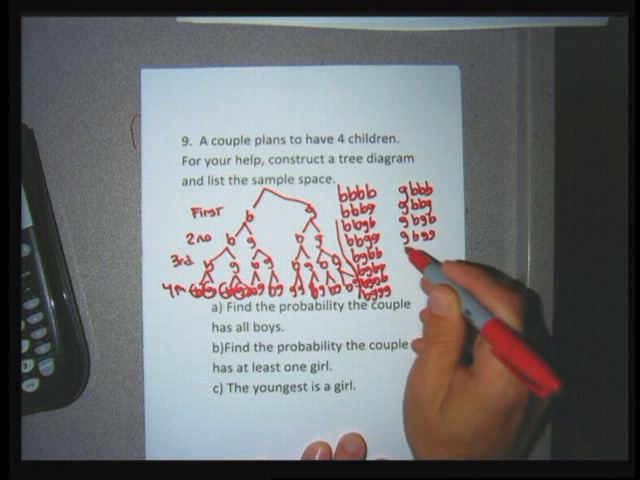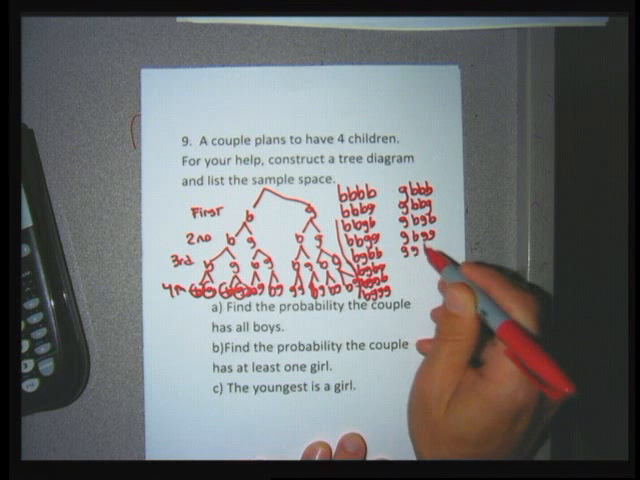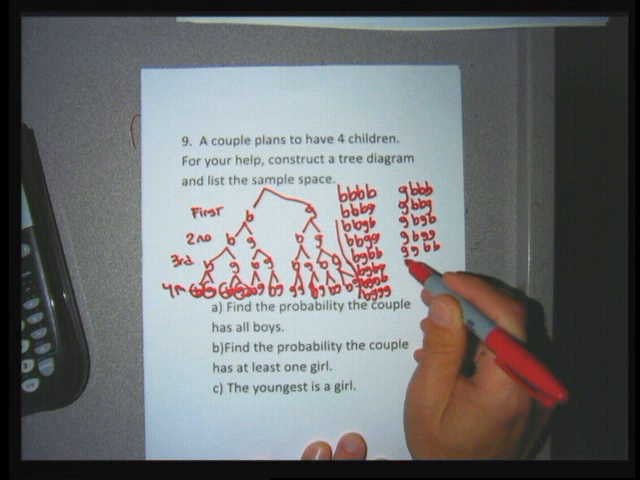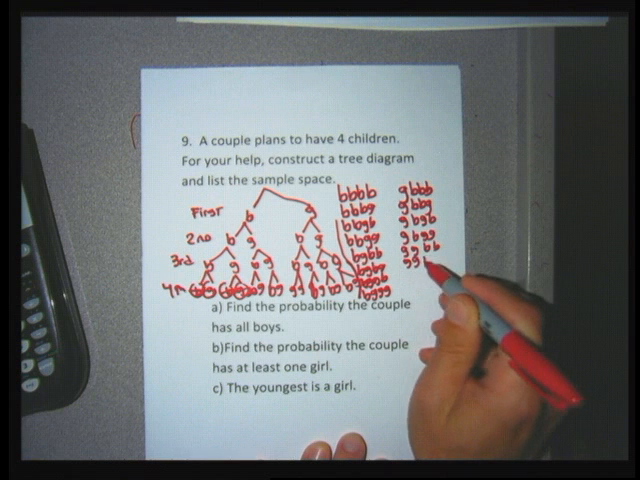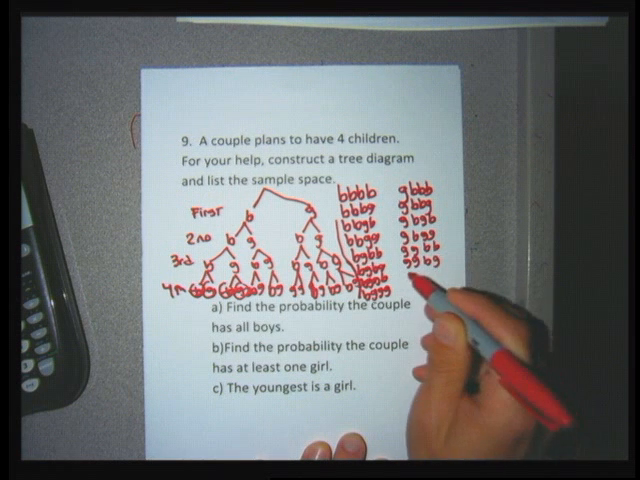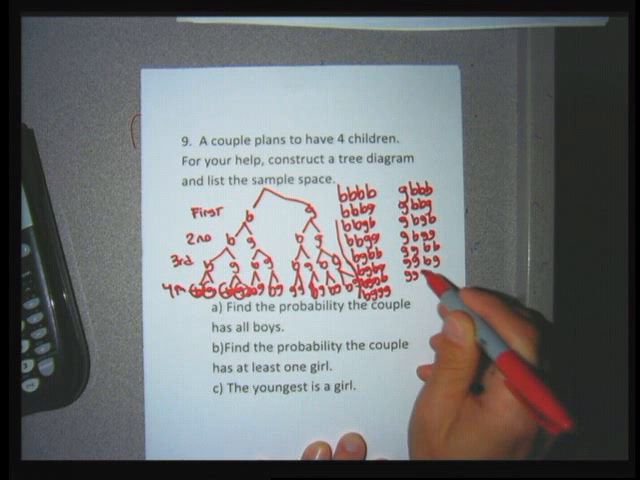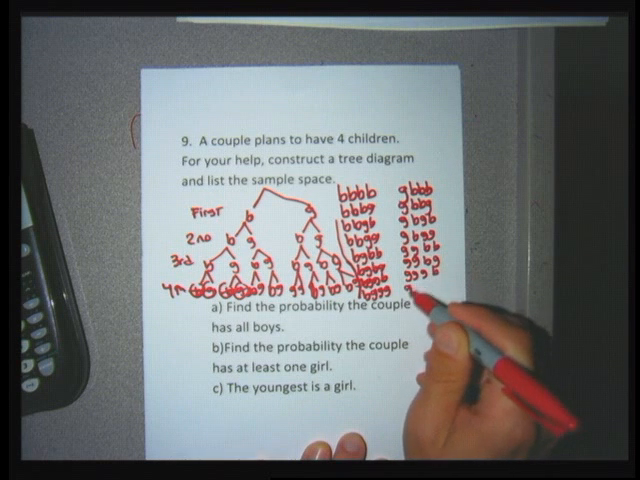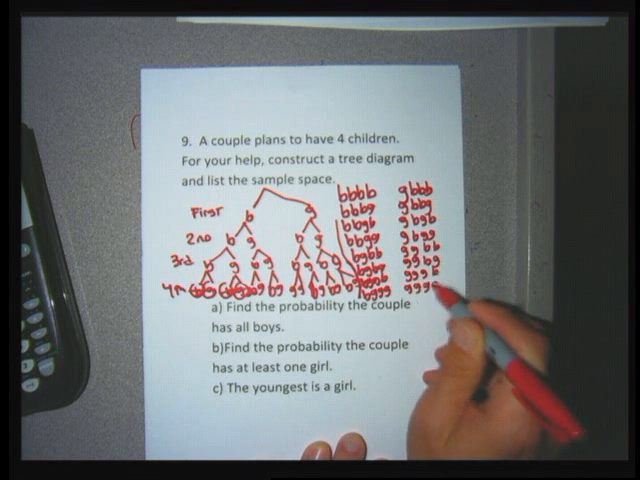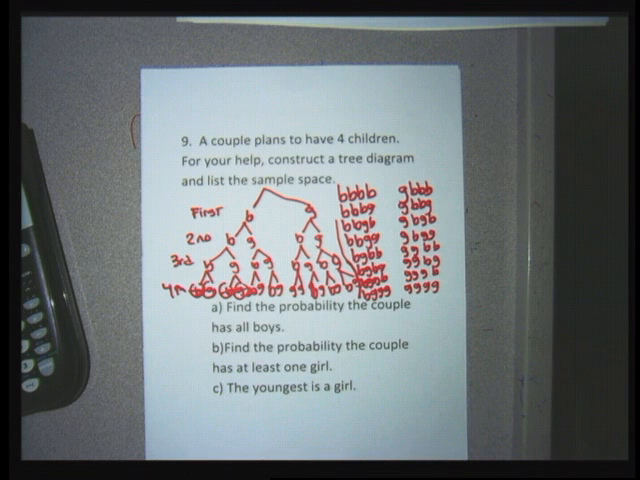And I could just go down the tree to get that sample space. This is quicker though. So that's the sample space. There's 16 elements in the sample space, and you definitely can just get the sample space by going down the